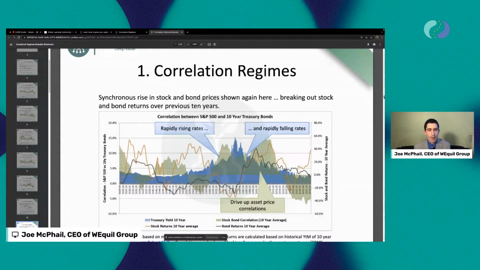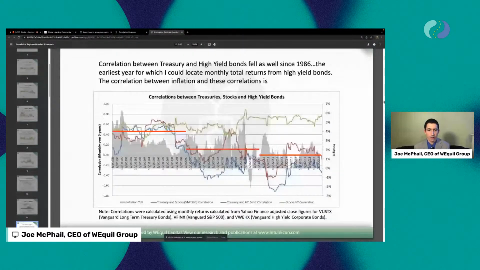And then here we were doing some back testing by looking at some additional assets besides just the S&P 500 and treasury bonds. We were also looking at high yield bonds. So these would be junk bonds. And you can see here that there was a general fall in the relationship between treasury bonds and junk bonds, as well as treasury bonds and stocks. So here we've got this falling relationship, as generally has been the case for quite some time, and I'll get into the implications of that later.